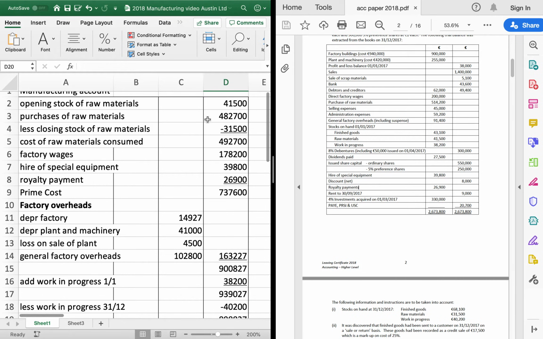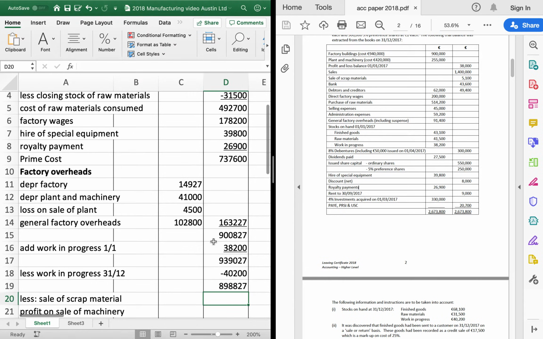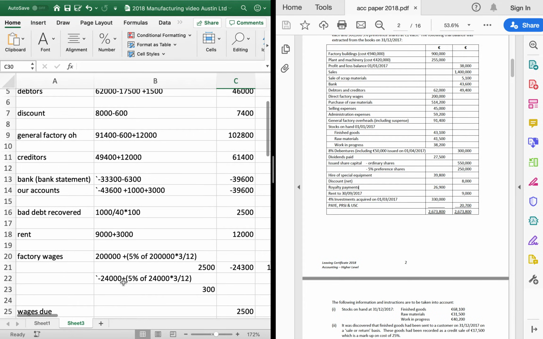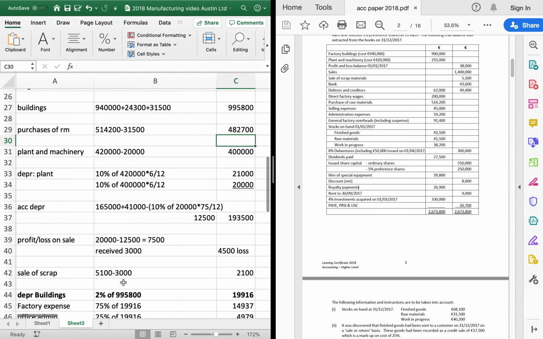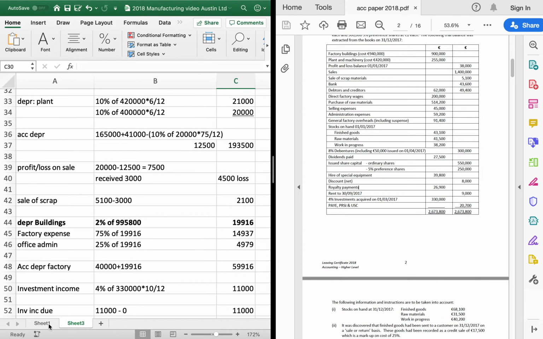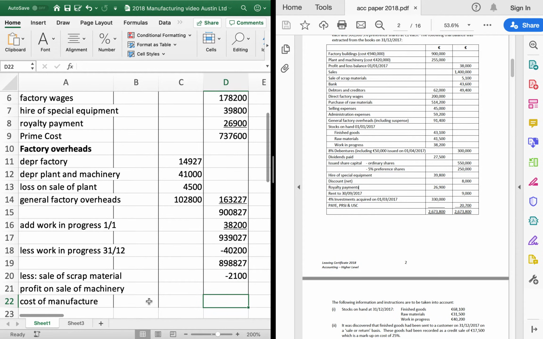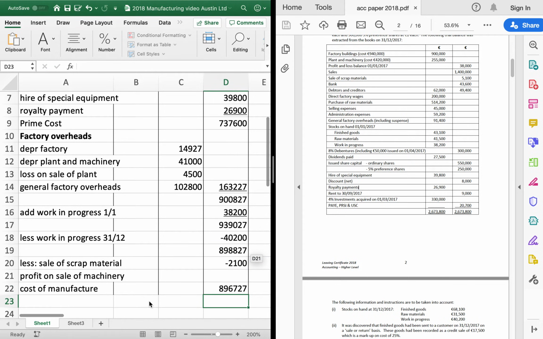Even up here, we added opening stock and took away closing stock. Same down here. So take away the sale of scrap materials, down there at the bottom somewhere. 2,100. If there was a profit on the sale of machinery, you would take that away as well. There isn't. So your cost of manufacture is then